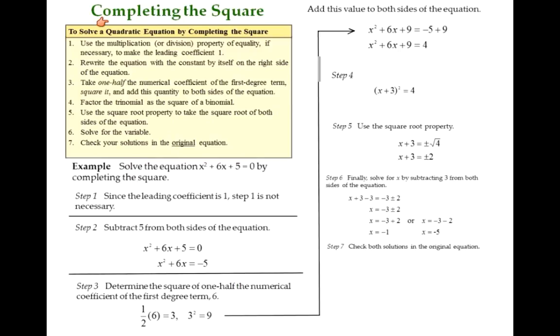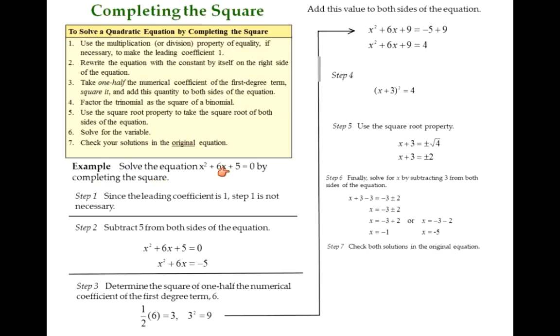Let's take a look at the steps involved to solve the equation by completing the square method. As I go through the steps, I'm going to take a look at this example right below and see how we're going to apply these steps. Here we want to solve the equation x squared plus 6x plus 5 equal to 0 by completing the square